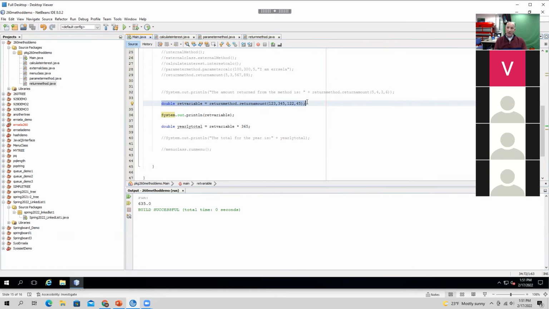We have a way to call methods in a separate class, in a different class. We have a way to perform mathematical calculations that you saw. We have a way to call a method in a different class with parameters that are variables that are going to change each time, have that method inside that other class run those, and we now have a way to give back the result of that to our calling class, to our calling method inside the class.